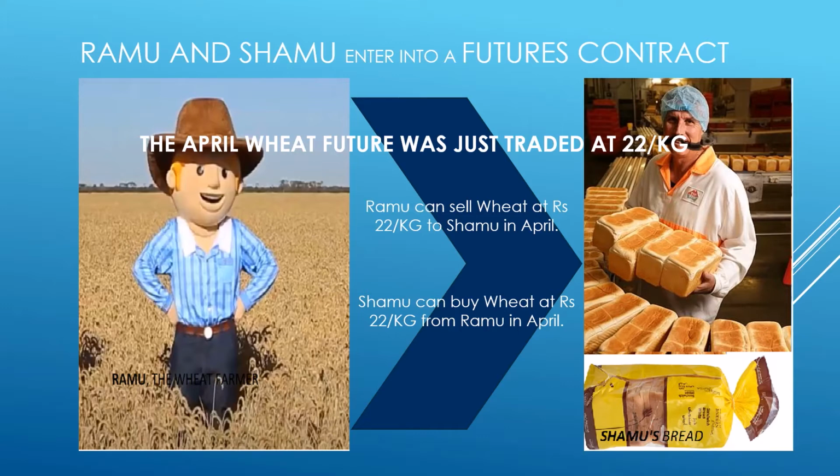Similar to this example, in stock market we have futures available for stocks, indexes and commodities. Some examples are stocks like Reliance, TCS, indexes like Nifty. Futures are available for commodities like rubber, soya, gold. Now, in this example, even though this future contract was traded by real people like Ramu and Shamu, practically in stock market the futures are being traded mostly by large institutions, big players, domestic institutions, speculators, hedgers, etc.